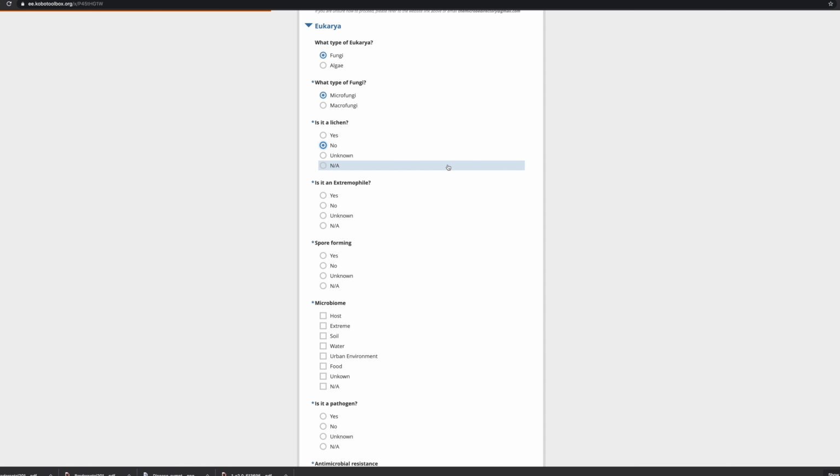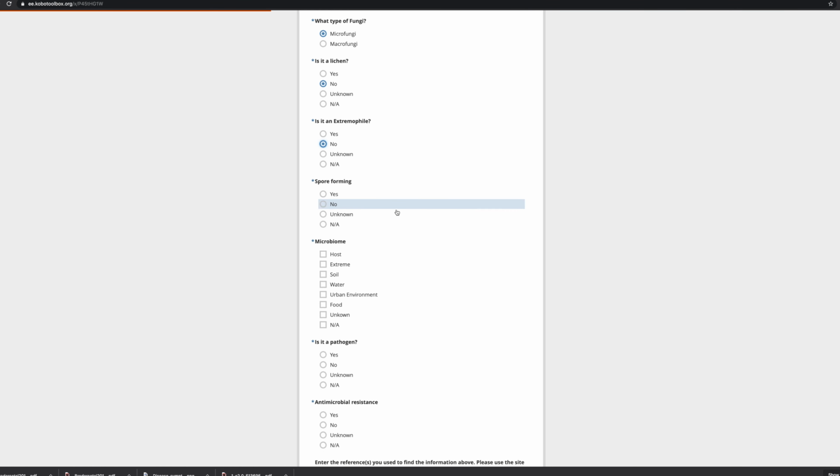In fact, it says it colonizes the needles of the pines. So this is a pretty standard environment, and it doesn't belong to any considered extremophile biome. So we'll select no,